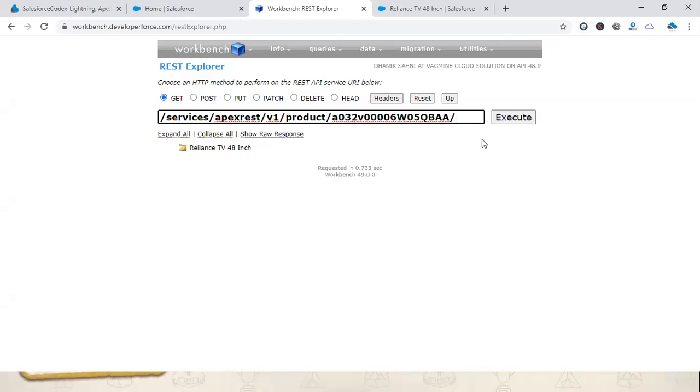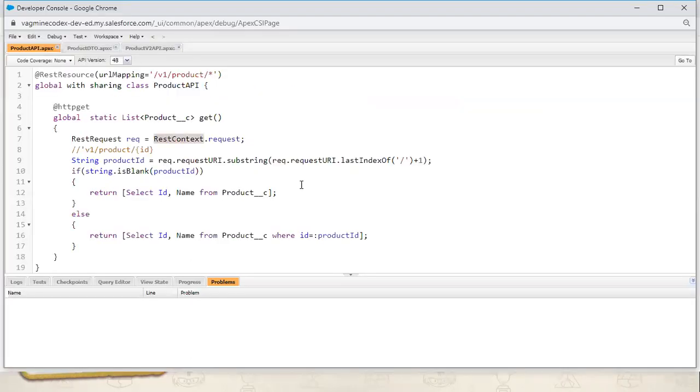Plus there is another method in our request context class. We are using REST context. REST context basically gives all the contextual information about your current request. Whatever current request you got from the client, it has all the information: whatever request body they have sent, whatever parameters they have sent. We have to extract that information from this class.